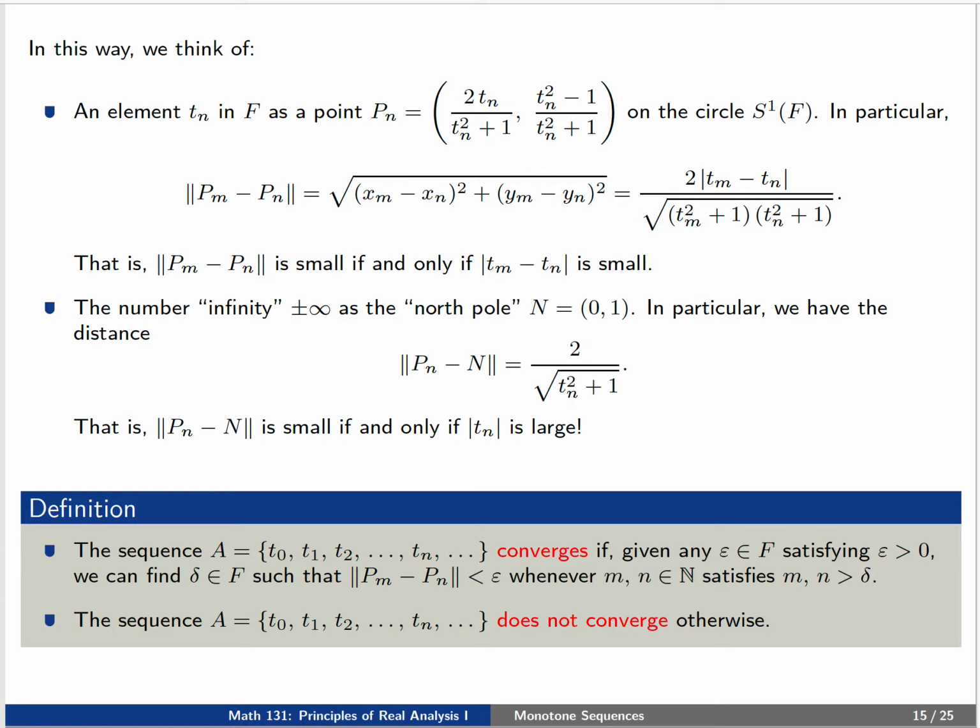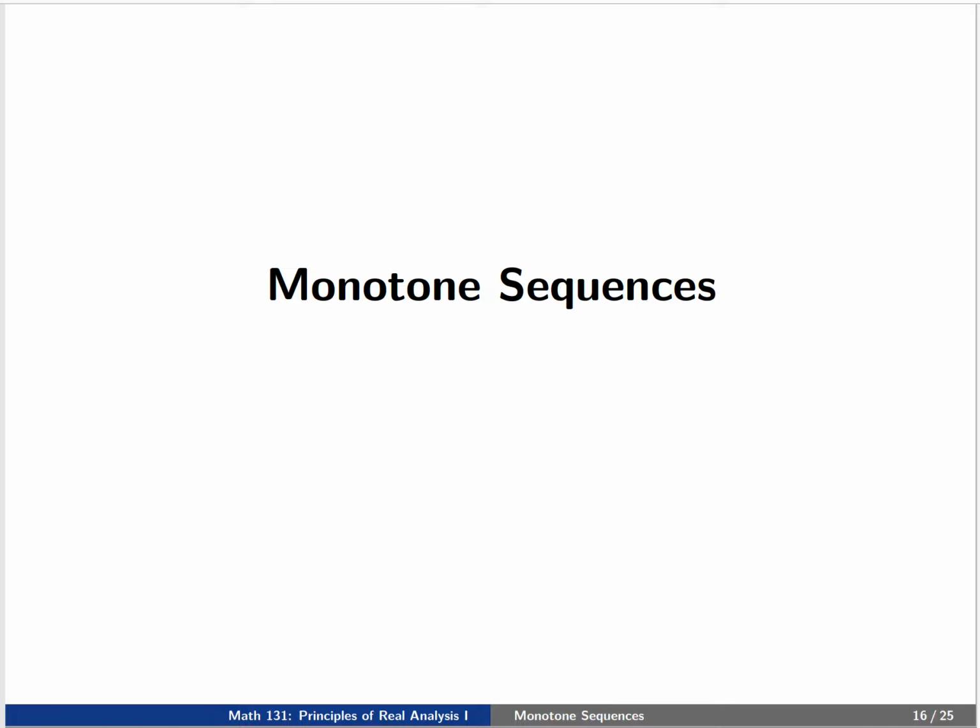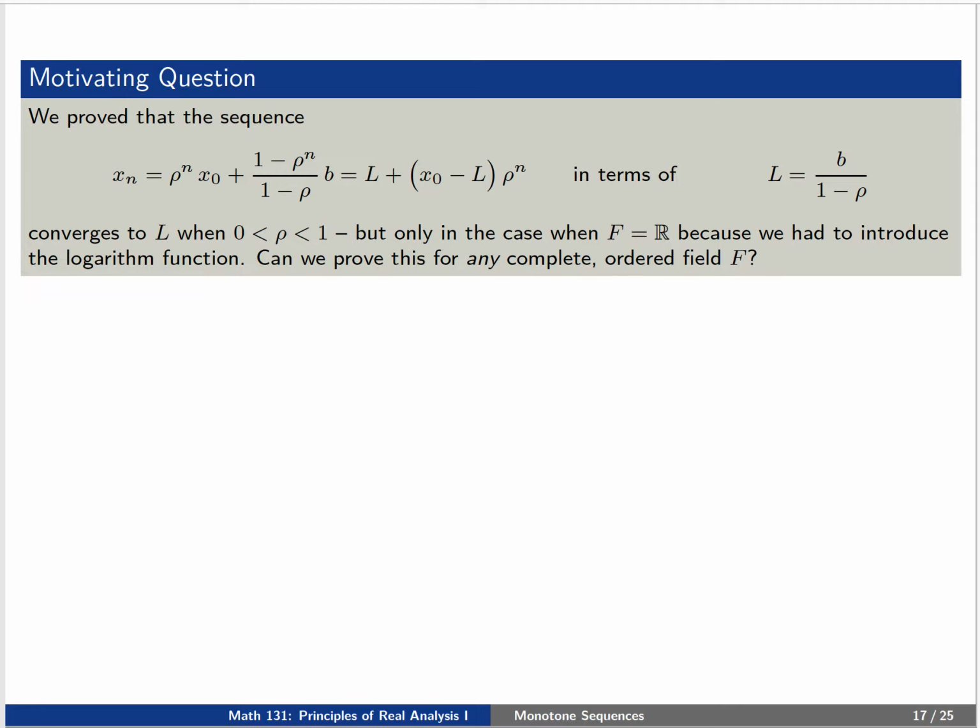We're going to come back and talk about this construction later on in the course. But for now, let's talk about the idea of monotone sequences. As a motivation, remember this example that we discussed in the last lesson. Say that we have a sequence defined here, x_n is L plus (x_0 minus L) times rho to the n. We proved before that this sequence converges to L when rho is between 0 and 1,